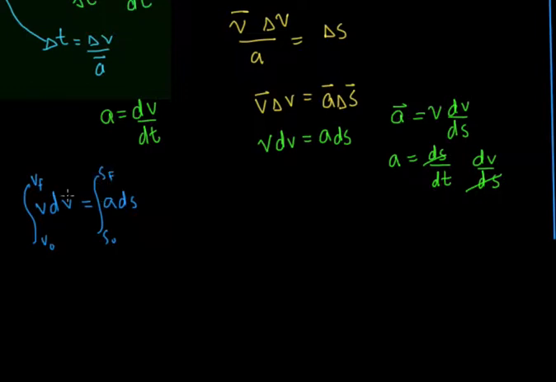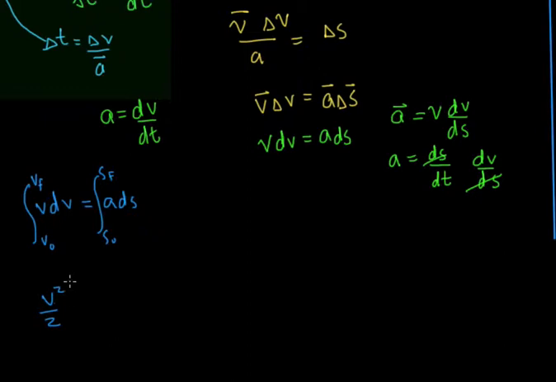One thing you'll notice is we can do indefinite or definite integrals. If we do indefinite, we have to add a constant in. If we do definite, we don't need to worry about that constant. You'll see that as we go through these. But for here, I'm doing a definite integral, so we go from velocity initial to velocity final, from position initial to position final. Well, the integral of v dv is just v